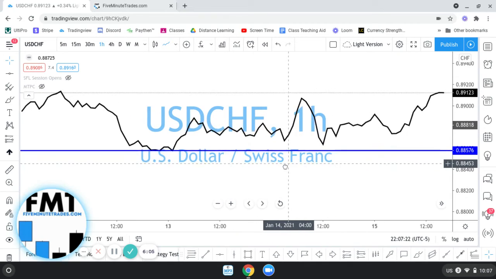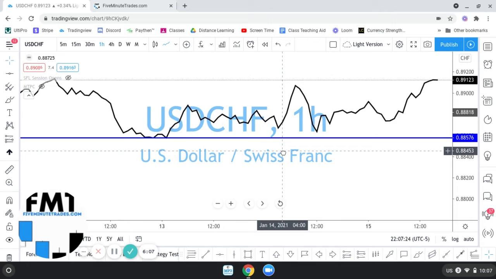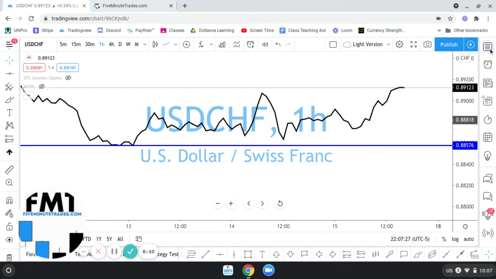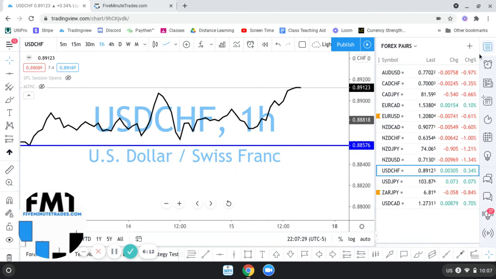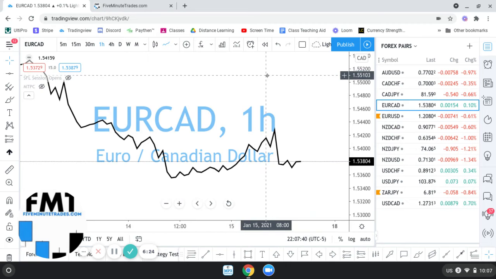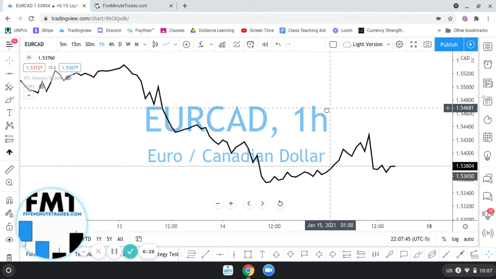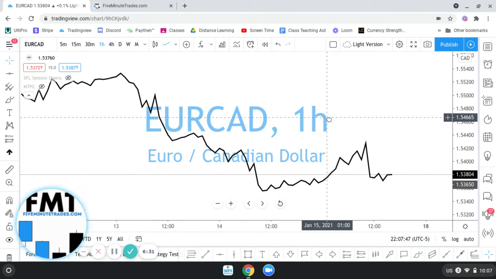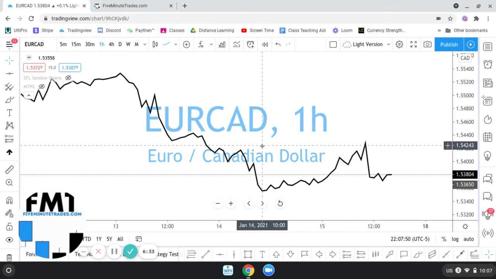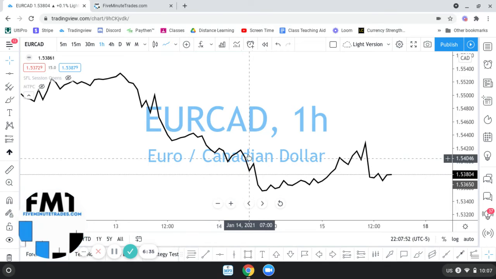Now let's talk about resistance. Let's look for another pair. Let's do this one. All right. So this is the Euro CAD. So it's the same thing. We want to talk about some resistance. So we look at the spikes again, but this time instead of the spikes down, we're looking for the spikes up. So take our line